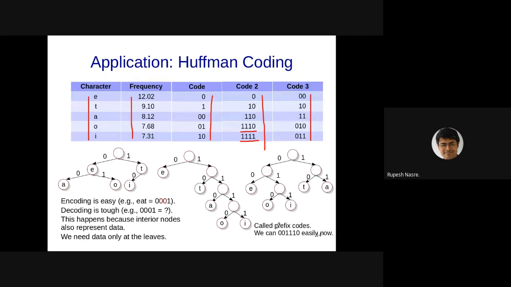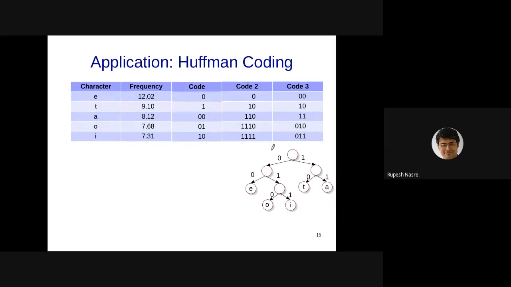which we called prefix codes, but we didn't know how to come up with this code, and that is where Huffman coding comes into the picture. So let's do that. Right? What is the algorithm to come up with this particular tree? That is what we would like to study now. That is what Huffman has given us. Okay, so let's understand that.